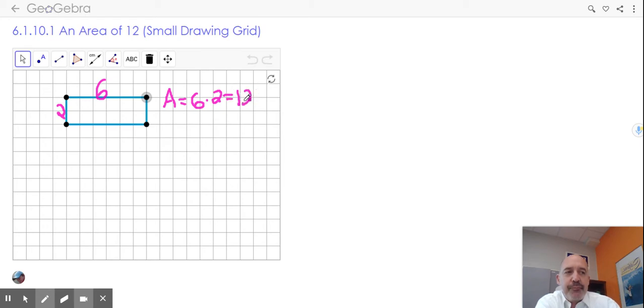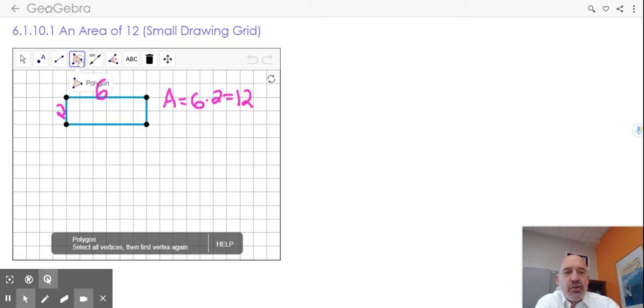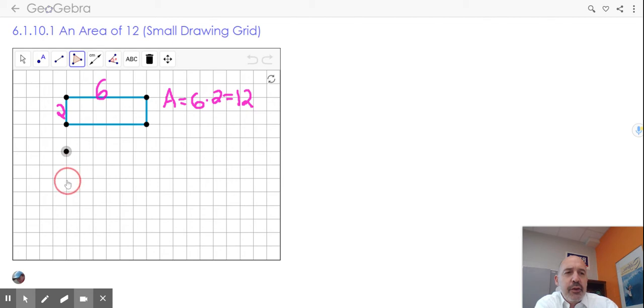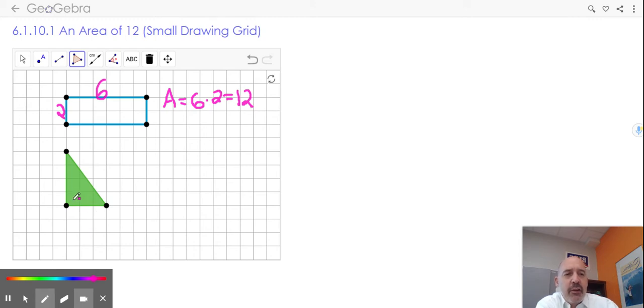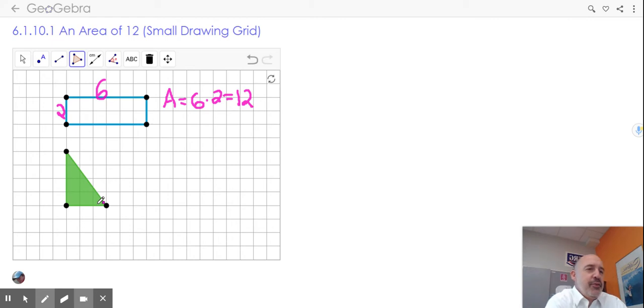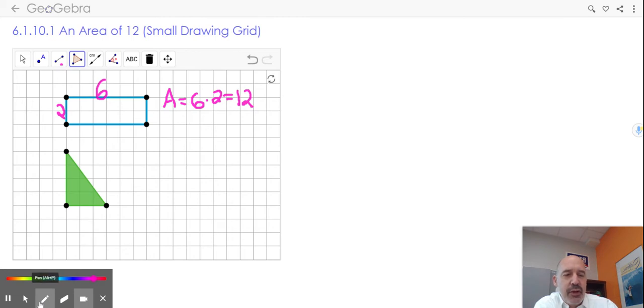Okay, perfect. Then you may very well also have a triangle. So if I start here and go here to here to here, that is indeed a triangle. Now, if I counted the squares, it gets tricky because there's pieces, and I can't really assume that the piece is half or 1/4 or whatever, but I do recognize that this triangle